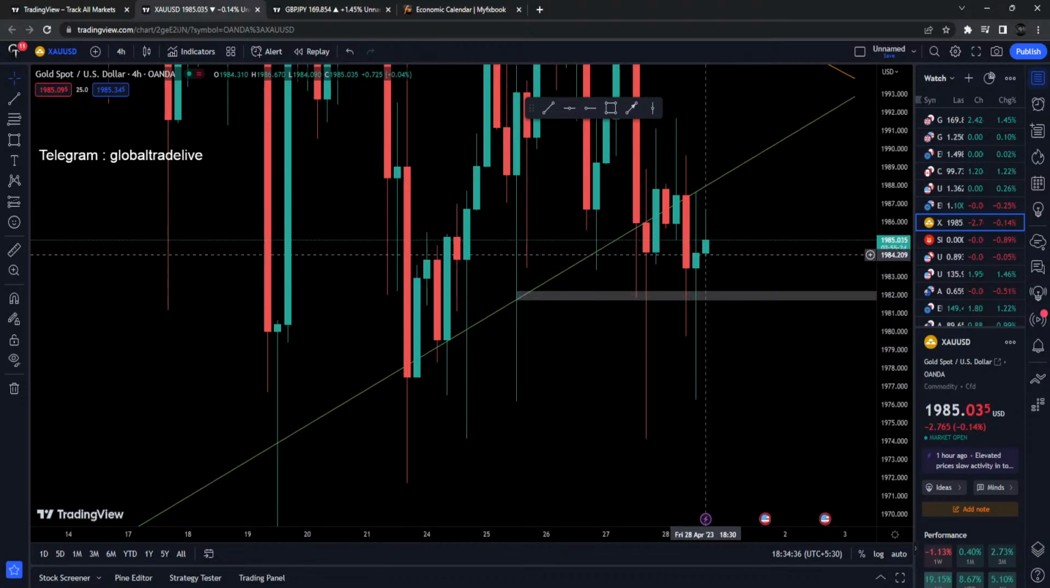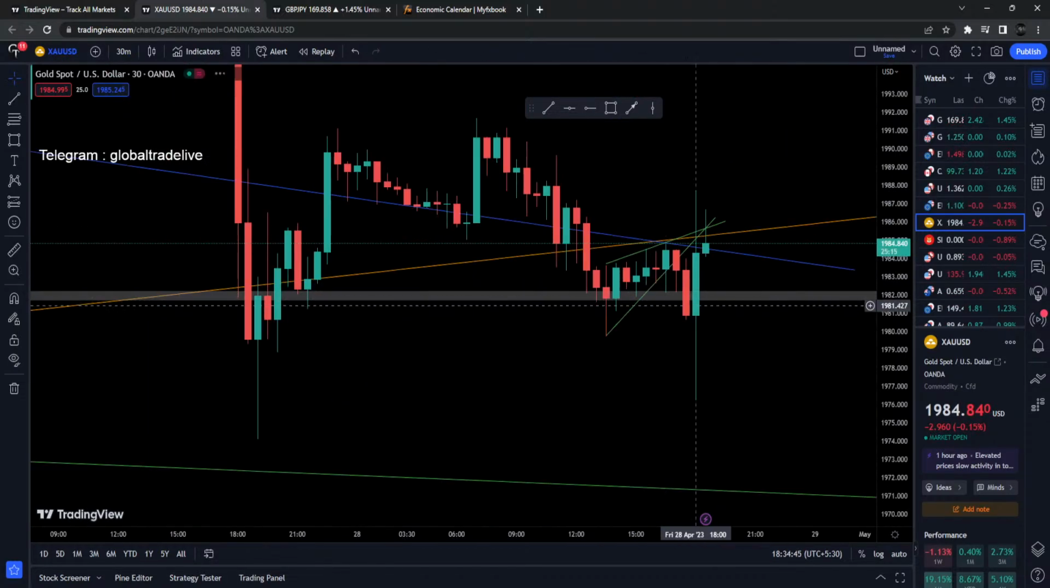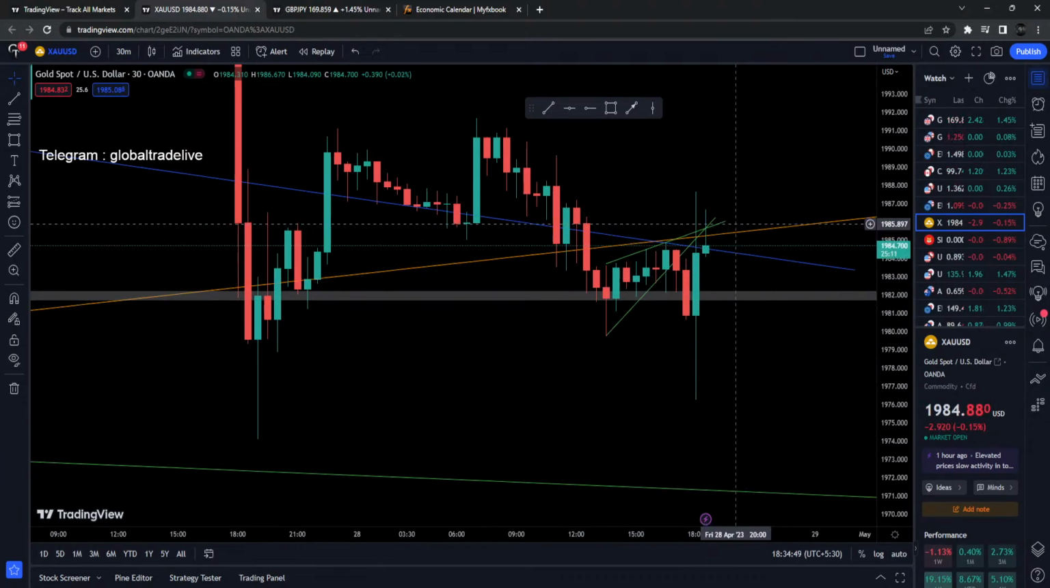So the 4-hour candle has also closed with a rejection wick. Now this 4-hour candle has created a higher wick, and if we look at the 30 minutes again, I really believe that it's gonna